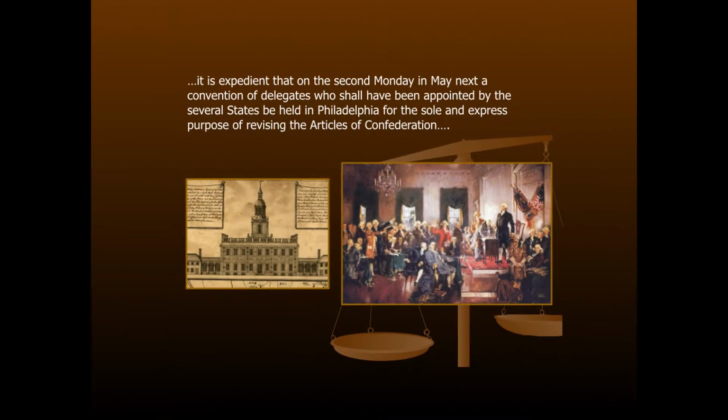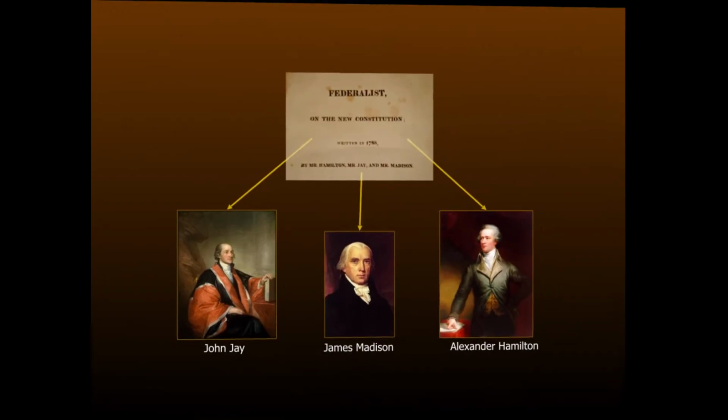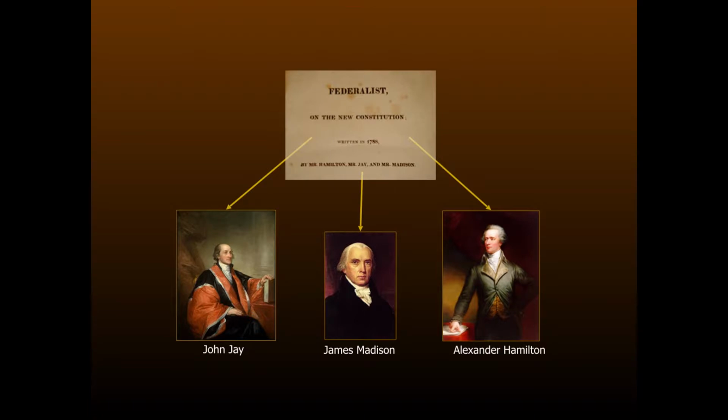So it became expedient to meet, and in Philadelphia in 1787 they agreed to meet in May, and they spent the summer meeting in that city in that hot summer. We know from our reading that George Washington headed the convention, Benjamin Franklin was the sage, so on and so forth. Now, the meat of this